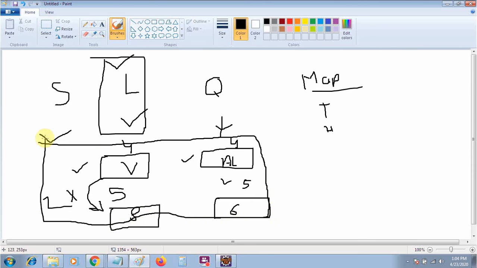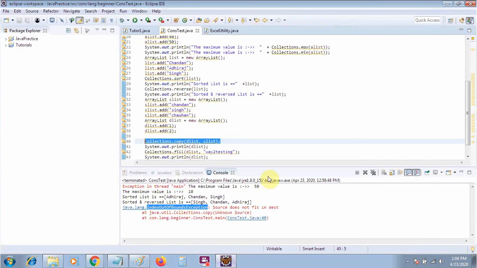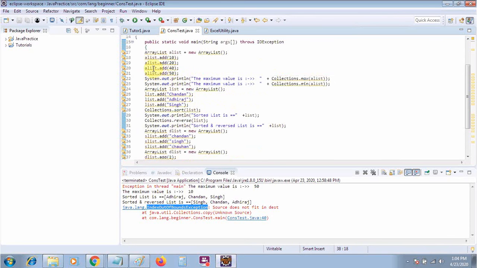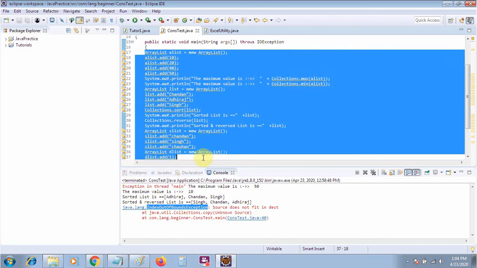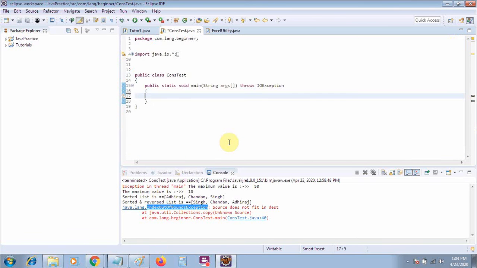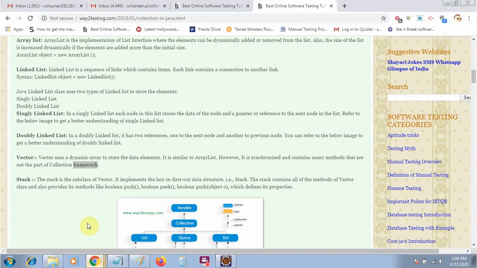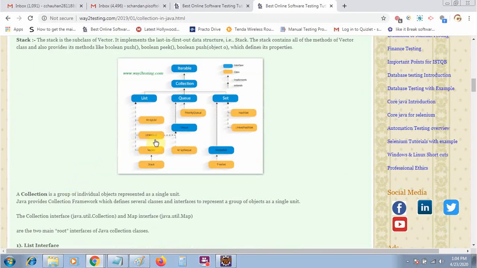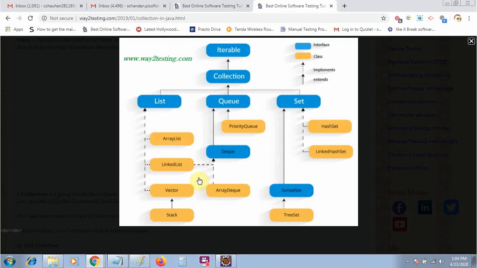Okay, so we will discuss some parts of the array list, and later on we will work on some other parts of the collection. Then we will reach the hash map and tree map. Let's discuss the first example of array list. Before this, let me discuss some of the hierarchy part. I have also given the hierarchy here, so let me open the diagram. So this is the hierarchy.